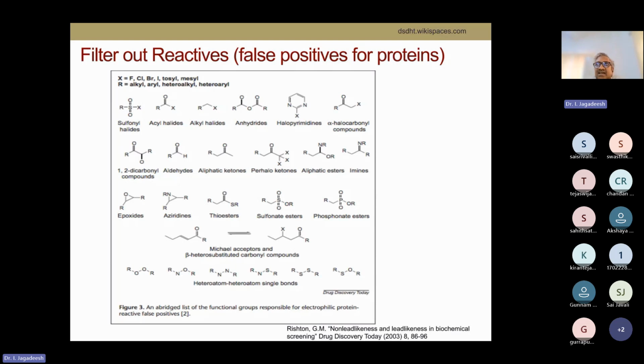R can generally be a functional group like alkyl, aryl, heteroalkyl, heteroaryl. Further, you will have different combinations also. When these basic heads are there, they are considered highly reactive, so better to drop. Like dicarbonyl groups,